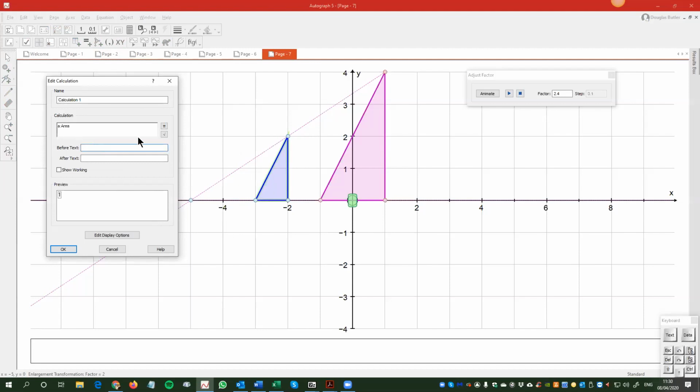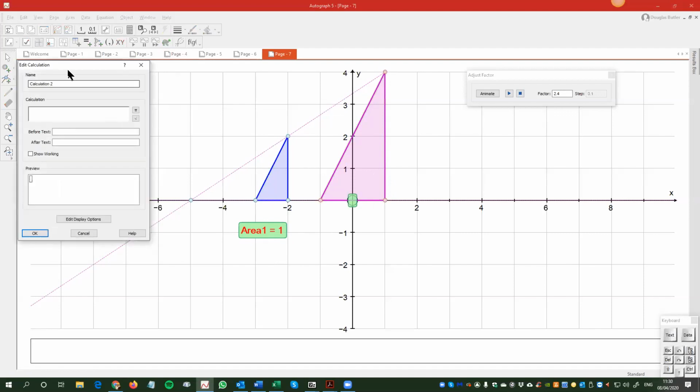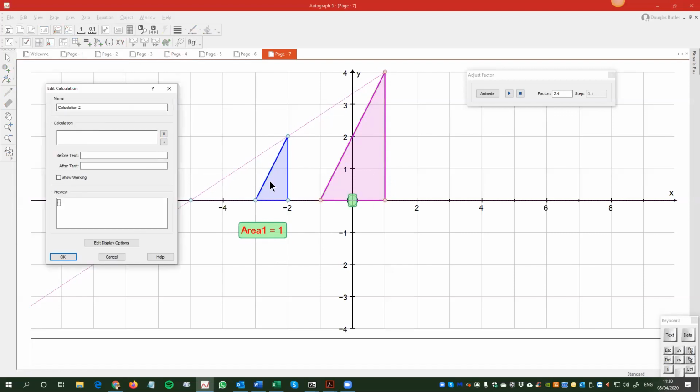And then nice text before, area 1 space equals space. Half the base times the height is 1. So that's the area of that one, and it comes up in a little box. What about the area of this one? Well, again, open up the calculator. And let's do area 1 result